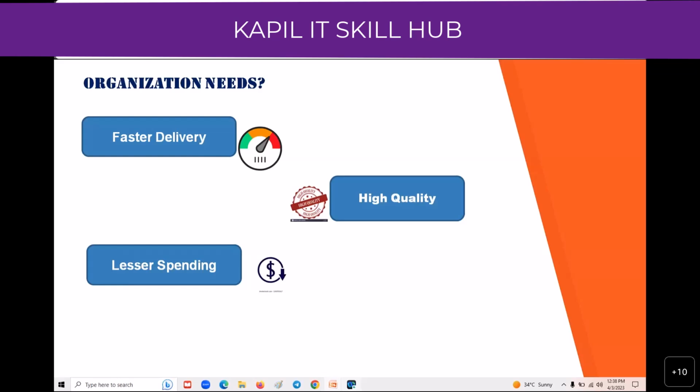Or you might purchase some licensed software to take help from. What happens? Your services cost, your maintenance cost becomes higher. So that is why these days you might have heard about cost cutting in organizations. What is meant by cost cutting?